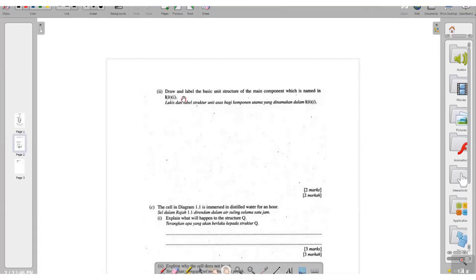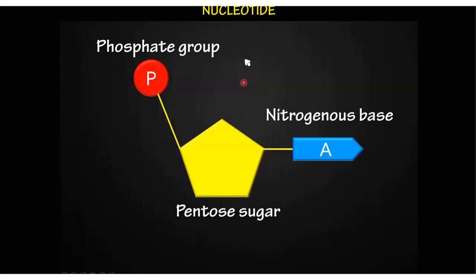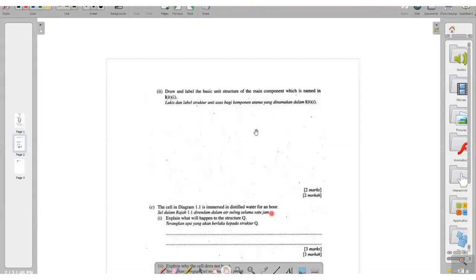So in case you label DNA, what is the basic unit? The basic unit is this. So this is what you need to draw and this is what you need to label. The drawing is 1 mark. The labels are worth another 1 mark. That is the 2 marks for this question. So it's a compulsory question in the exam. Actual SPM question. You need to draw in here